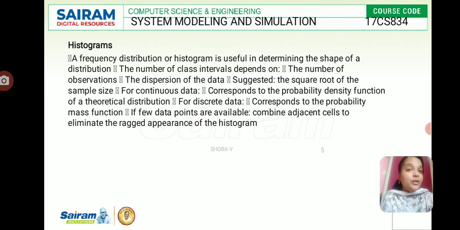So we have to evaluate the chosen distribution and associated parameters with a goodness of fit test, and this may be evaluated informally through graphical methods or formally through statistical tests. The chi-square and the Kolmogorov-Smirnov tests are standard goodness of fit tests. If not satisfied that the chosen distribution is a good approximation of the data, then the analyst returns to the second step, chooses a different family of distributions, and repeats the procedure. If several iterations of this procedure fail to yield a good fit between the assumed distribution form and the collected data, the empirical form of the distribution may be used.